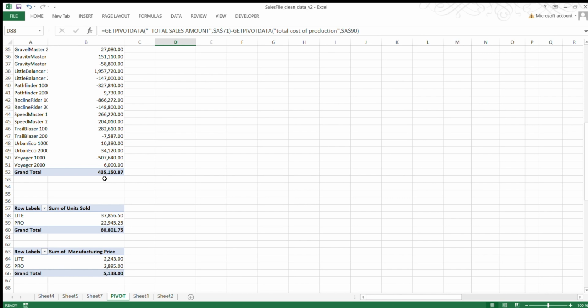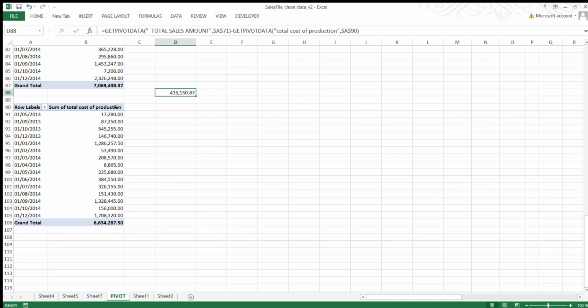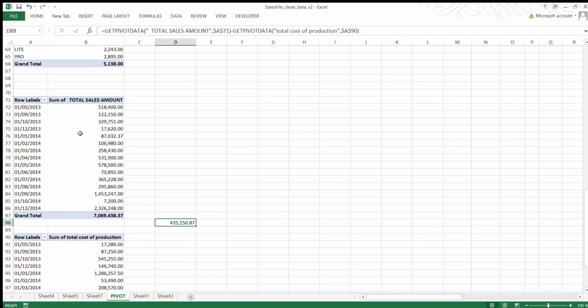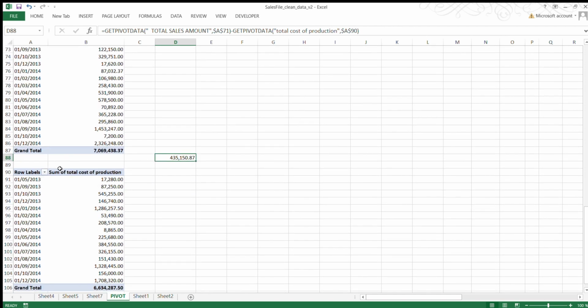That is the money we have left, 431. After we have removed the money that we used to do business, and this is the money after we have sold our products. But we need to know, are we making gain or not? The money that we used to do business, we are taking it out of our total sales amounts. So we are left with 435k. So I'll delete that, and now we have